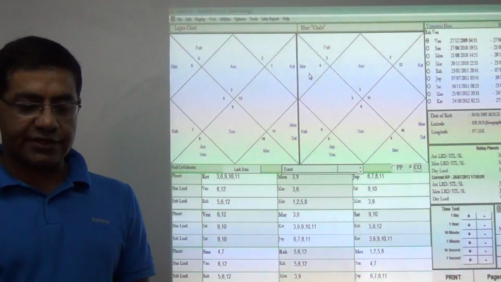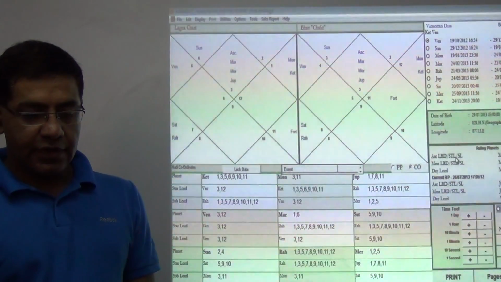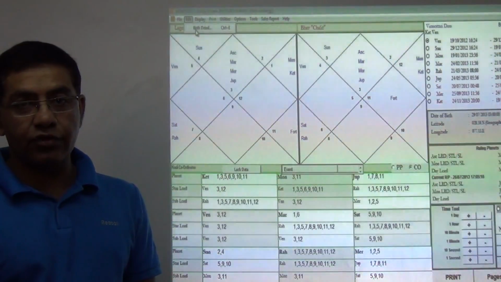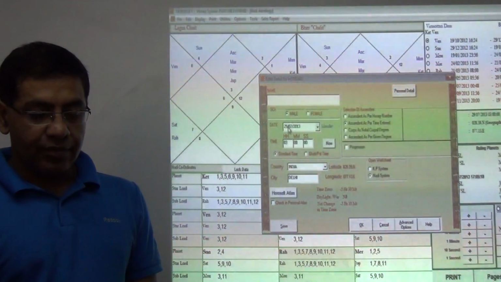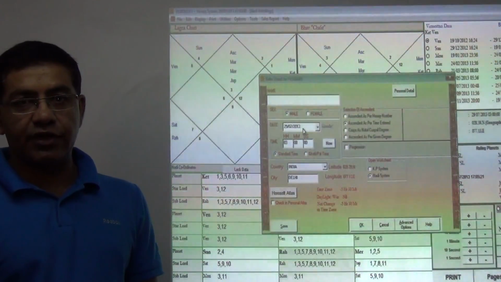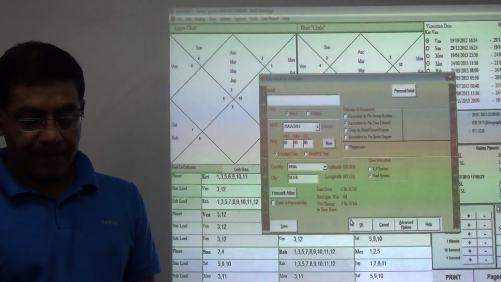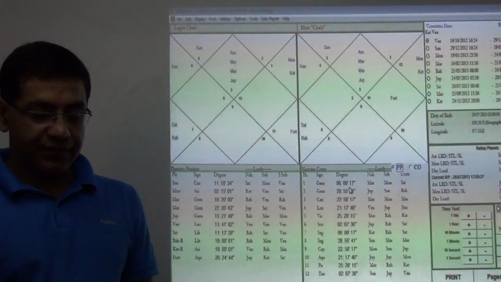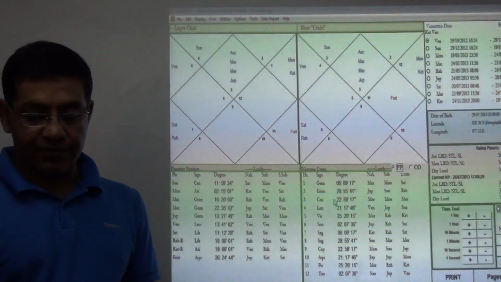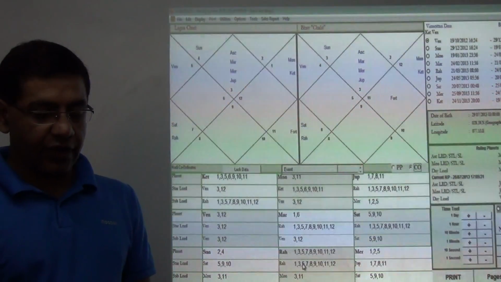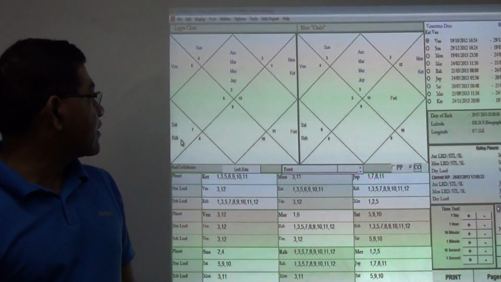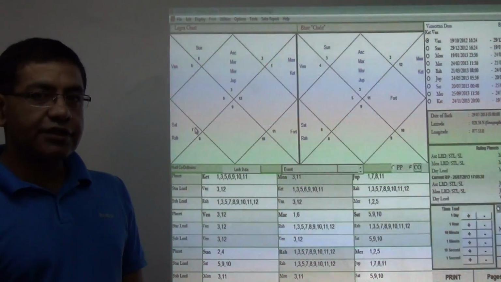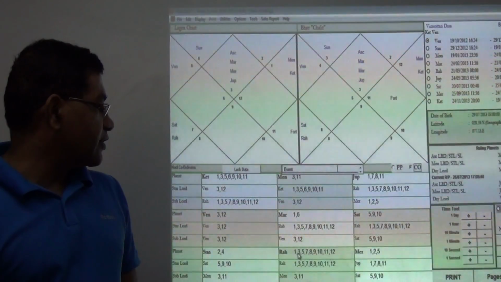Now let me explain another example. The degrees of both Rahu and the ascendant remain the same, but the date has changed: 29th of July 2013. You see the ascendant degree is exactly 6 degrees 9 minutes, and the Rahu degree is also the same. Now you find here, because Rahu is conjunct with Saturn, aspected by Jupiter, aspected by the Moon, and is in the Venus sign, it will give the result of all 4 planets,